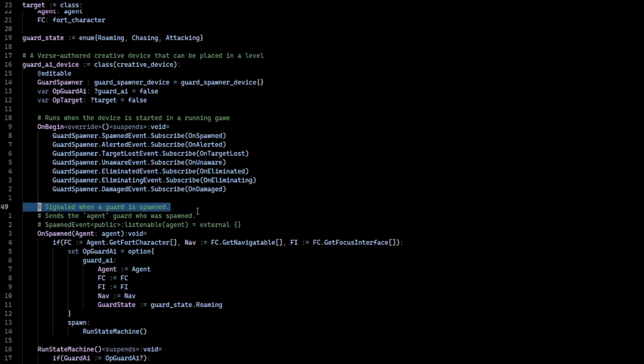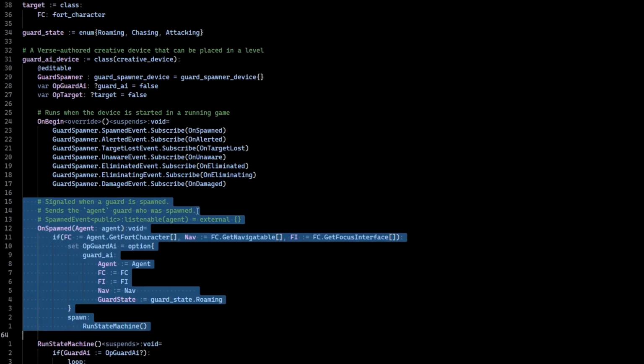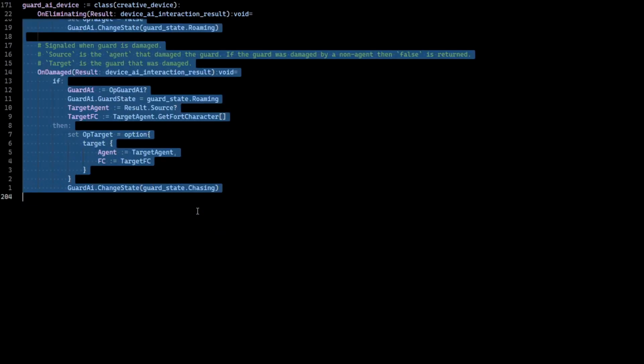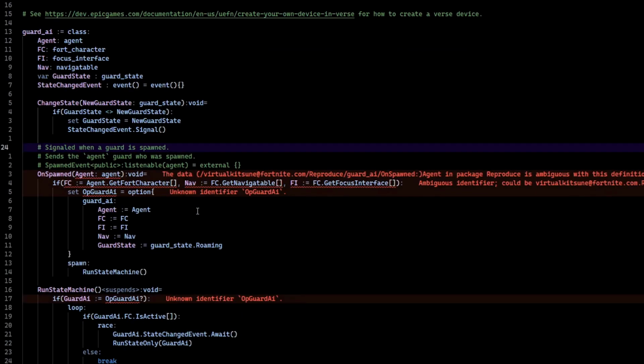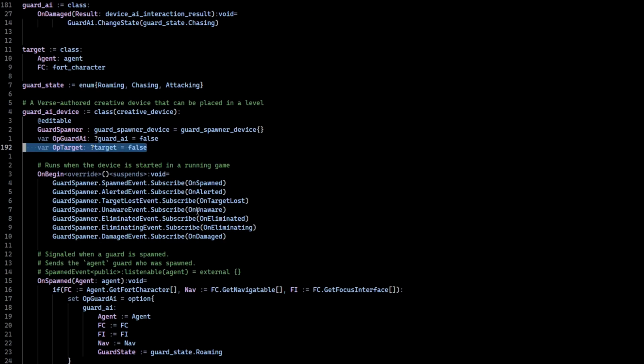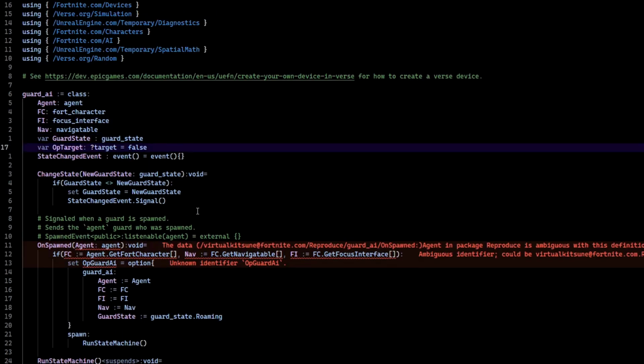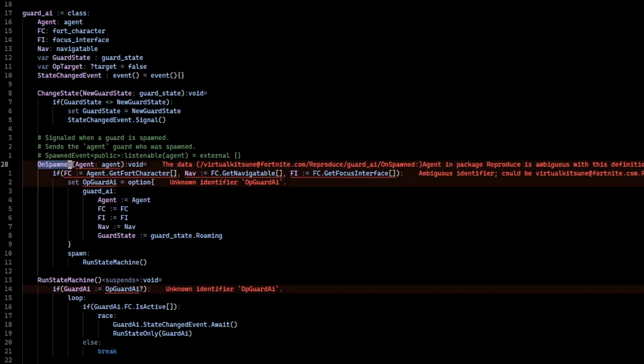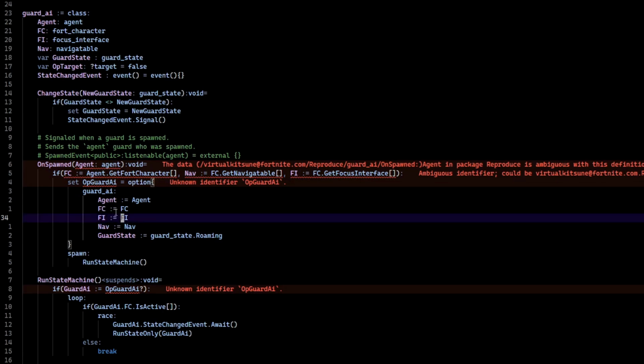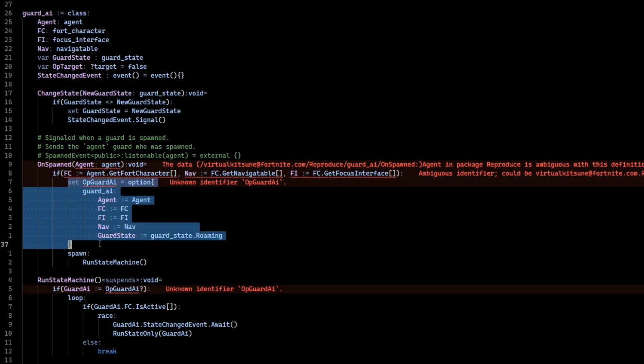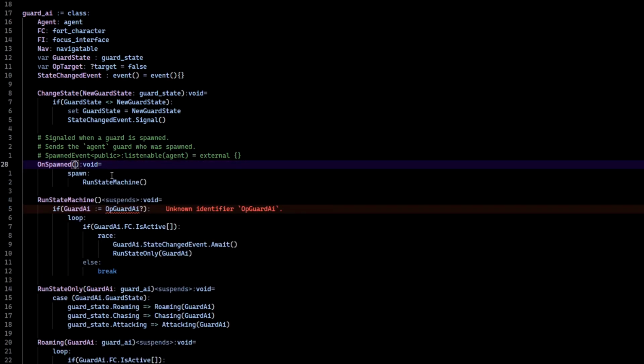First, let's copy almost all the code from the guard AI device, from here to the end, and paste it into the guard AI class. Don't forget to move optional target to the guard AI class as well. Now, we'll clean up and fix the errors. In the onSpawned function, we're setting up the guard agent, fort character, and so on. But since we already did that in the guard AI device class, we can safely remove it here and keep